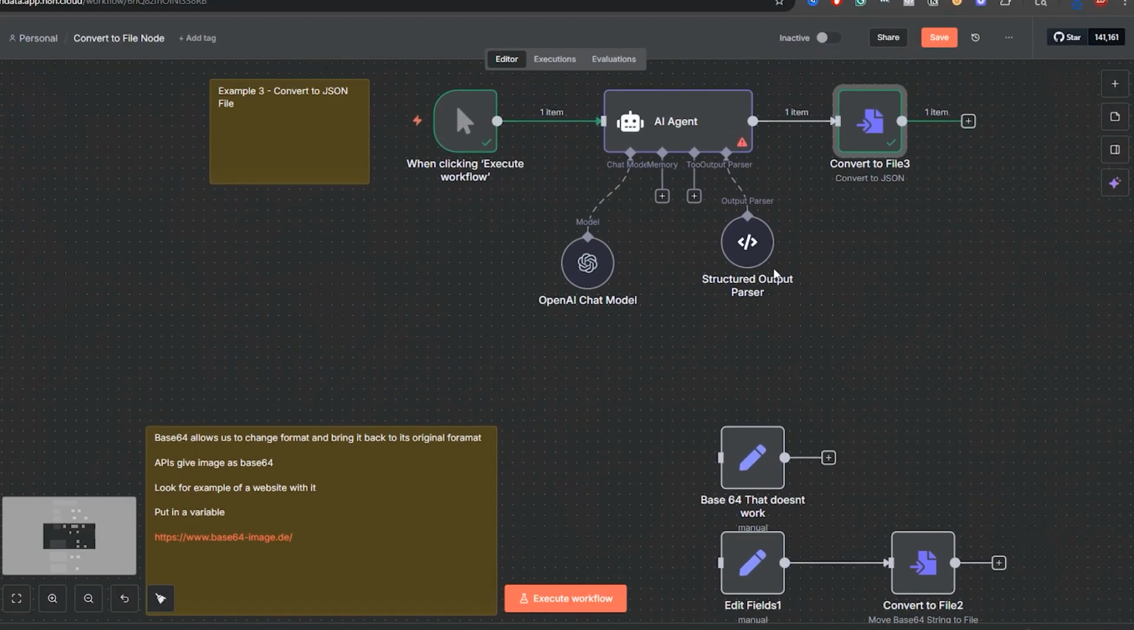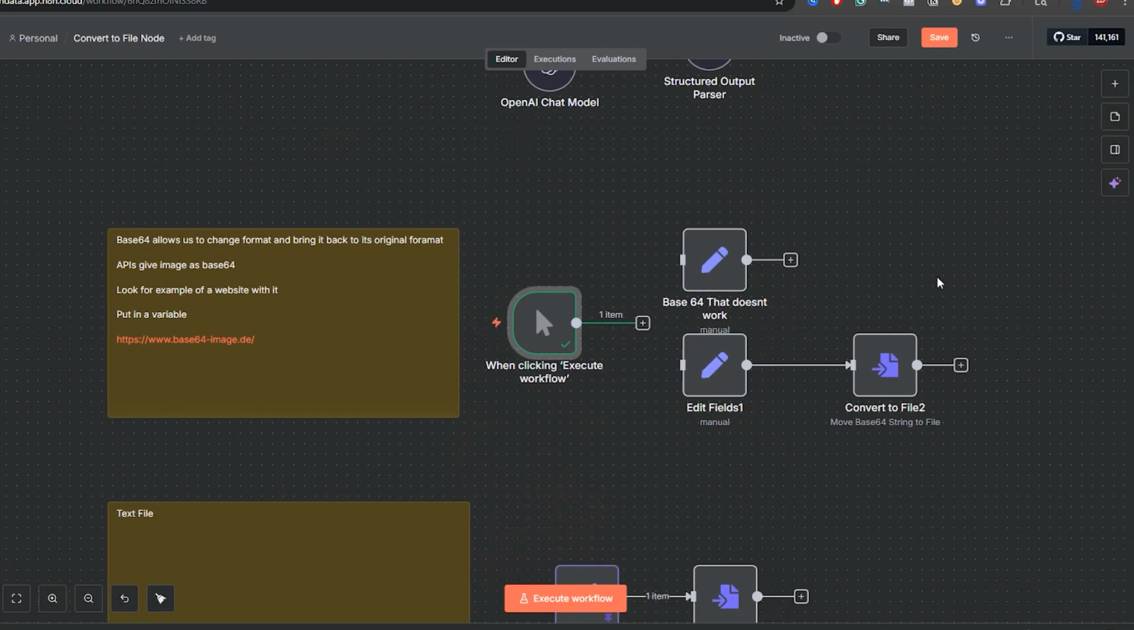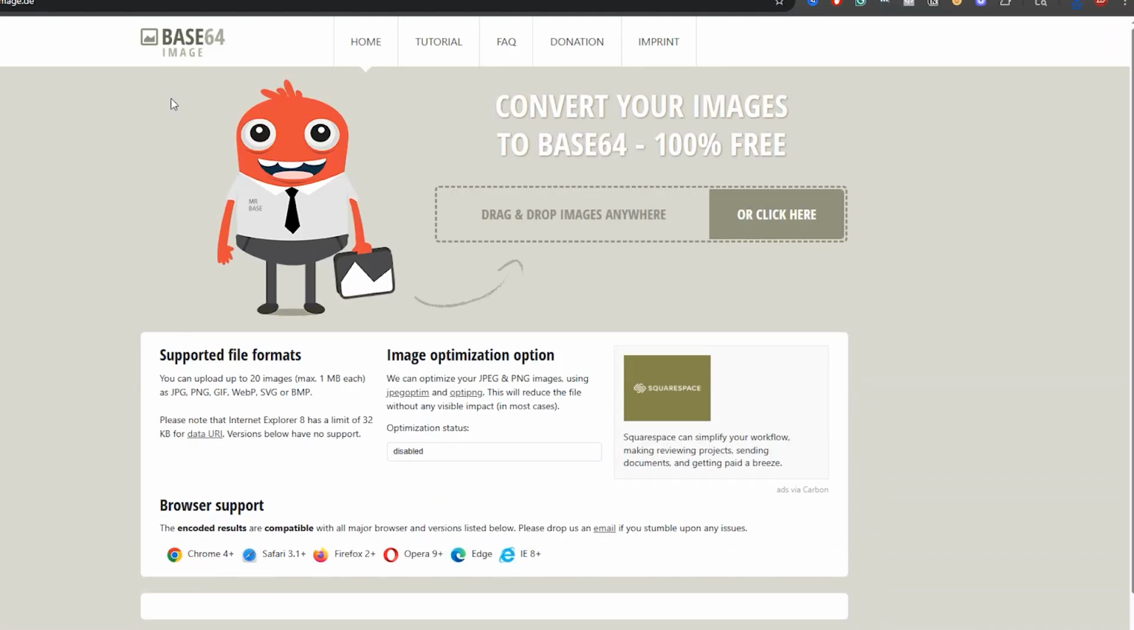Up next, what I want to show you is something pretty cool. And this is the image side of things, right? So base64 allows us to change format and bring it back to its original format, right? So for example, an API might give you an image as base64. So here's an example of a website that converts an image into base64. So I go to this website,